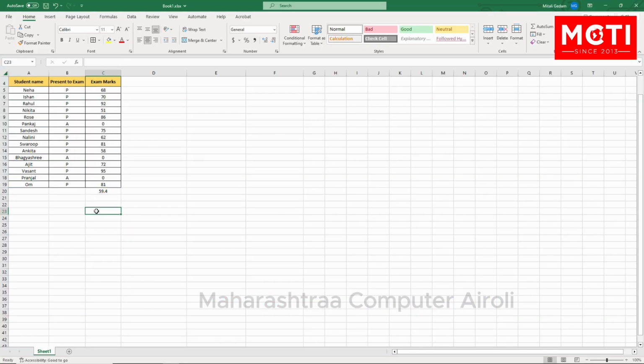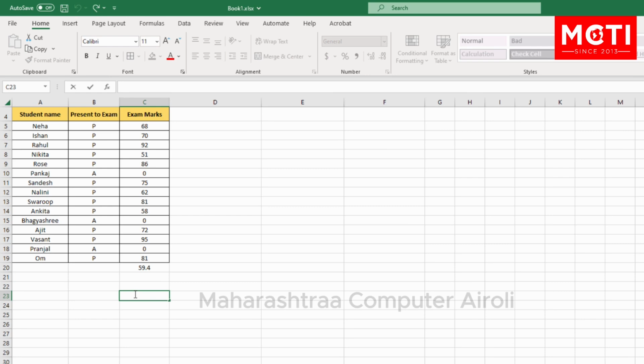We know how to calculate average. This time we want the average of students who were present in the exam. For this we need to calculate the average without zero. We'll tell you the reason later. The IF condition is used when there is a condition. Let's check by writing the formula.